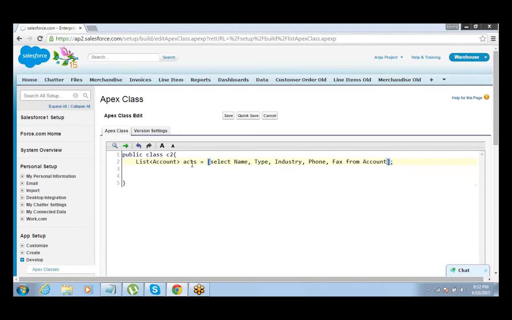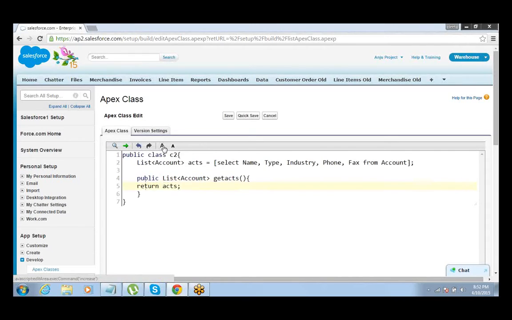So I've written a select query, and I will also need to write a method because I have to call the method on the Visualforce page. So this method will return the list of accounts, and you can name it anything. It should return ACTS. That's it.